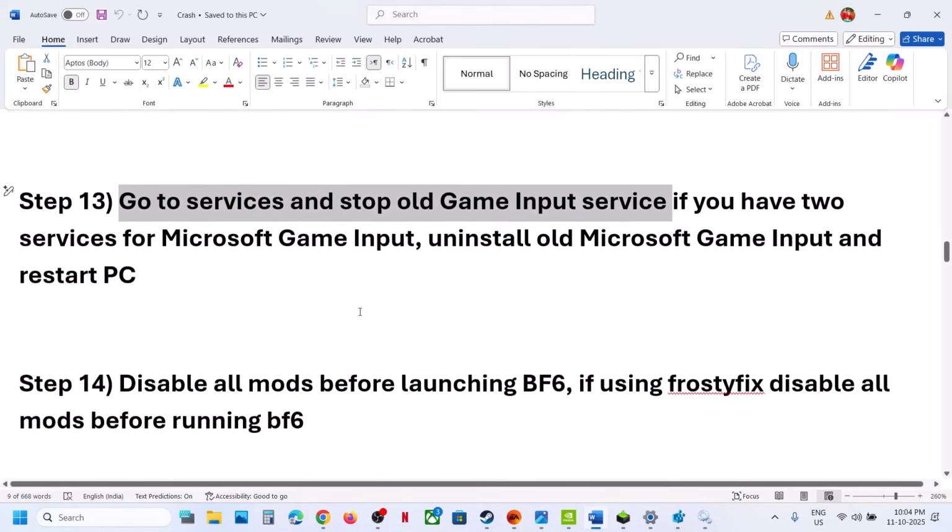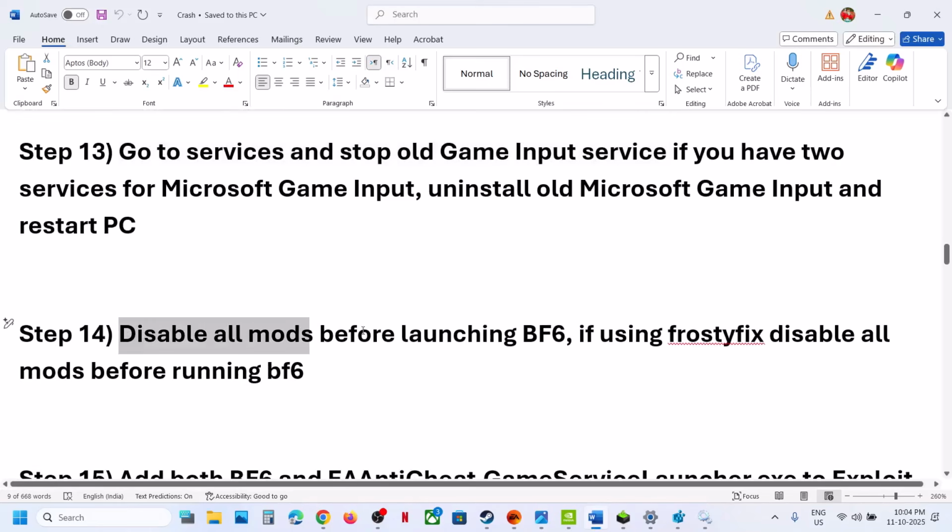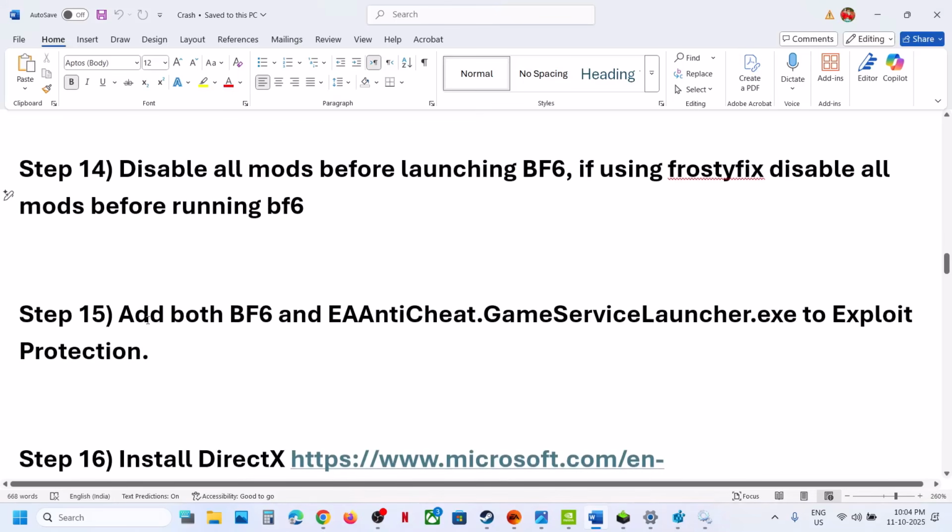The next step is to disable all mods before you launch Battlefield 6. So if you're using this Frosty fix, you can disable the mods and then launch Battlefield 6. Next step is to add Battlefield 6 and EA anti-cheat to exploit protection. Now for this, you can type in exploit protection in the Windows search box